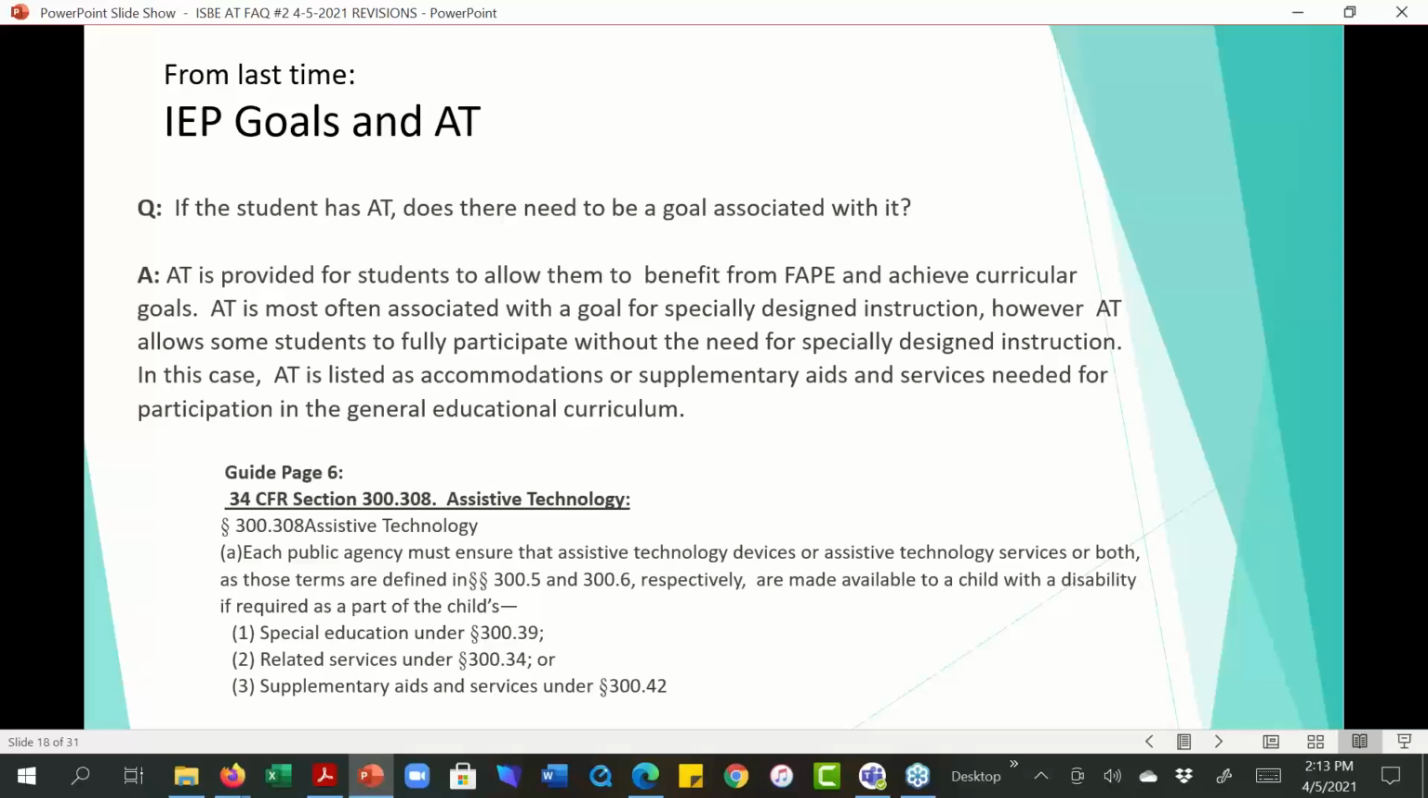AT can be listed as accommodations or supplementary aids and services that allow a child to participate in the general education curriculum. And it's particularly important that as we talk about supplementary aids and services, we recognize that the definition of supplementary aids and services is involved in allowing the child to participate in curriculum and general education activities. So you can go to page 6 in the guide to get more information about that. Each of these items, special education related services and supplementary aids and services, is further defined in the guide itself